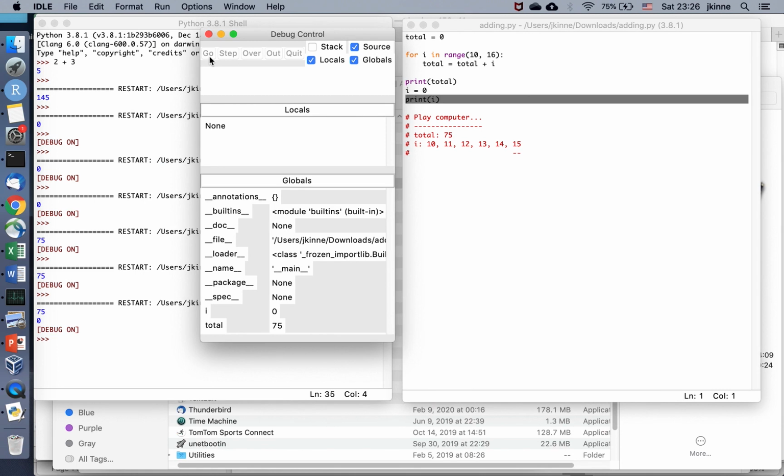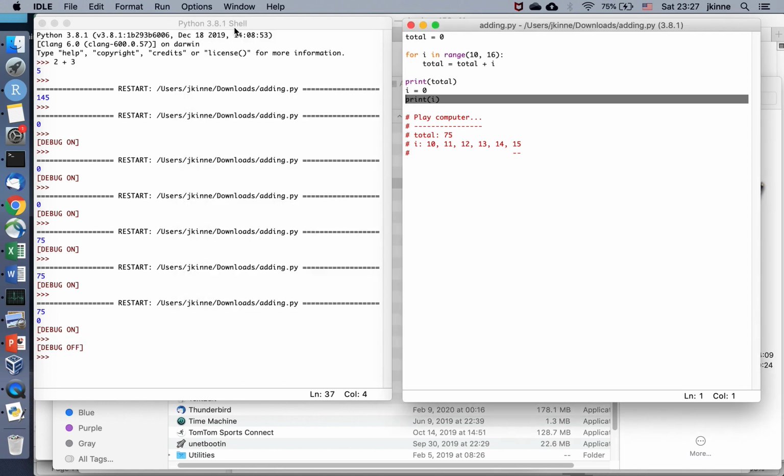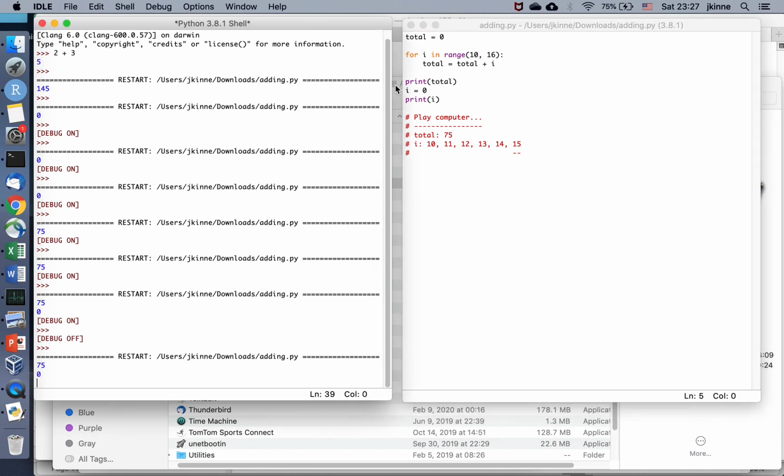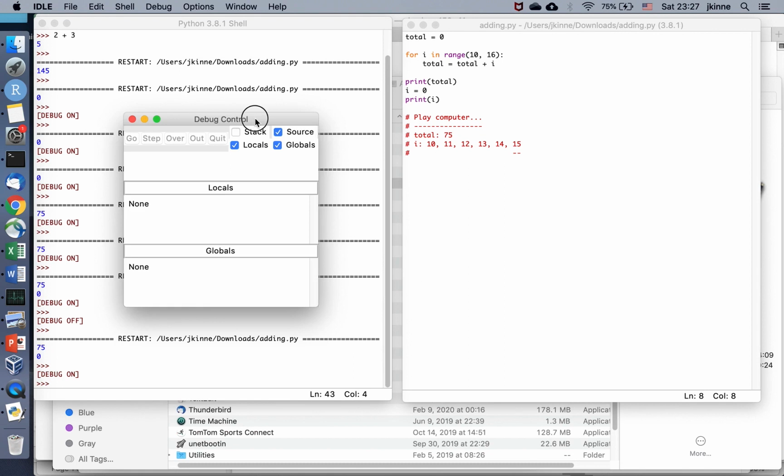It'll stop doing line by line. Step will do line by line, and it will go inside of functions. Over will go over without going inside, and out, and then quit would just stop. Okay, and that will happen. So if we just run the module, it runs the module. If you want the debug, then you have to click over in the shell, debug, put the debugger on, and